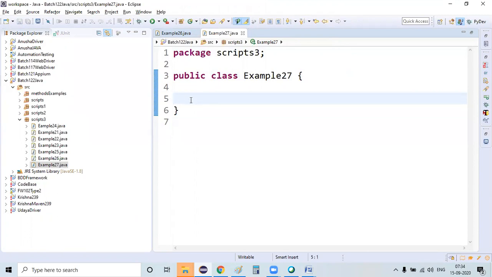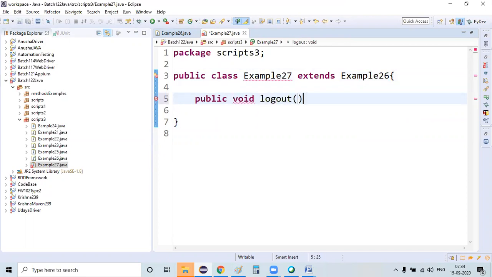So we have seen whether we can create an object of the abstract class or not. Now, as this is my child class, I'm using the extends keyword with example 26. So whenever this extends keyword is there, it's mandatory for us to write down the logic for the abstract